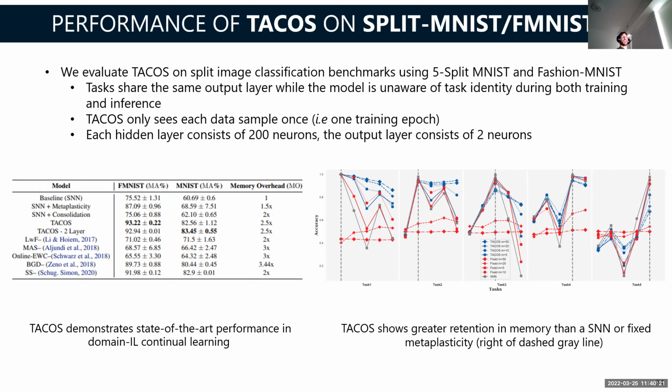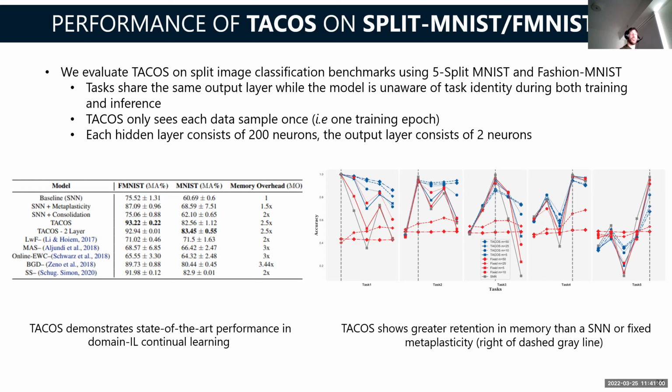So the idea is, let's just take MNIST, you have the digits 0 through 9. The first task is classifying if the digit is a 0 or a 1. Then the second task is classifying if it's the digit 2 or the digit 3, and so on and so forth. So you have 5 tasks: 0 and 1, 2 and 3, 4 and 5, 6 and 7, and 8 and 9. Your whole time, your network only has 2 output neurons, and it's just trying to tell you whether it was pattern A or pattern B, which actually turns into: is it an odd number or an even number every time it's presented.